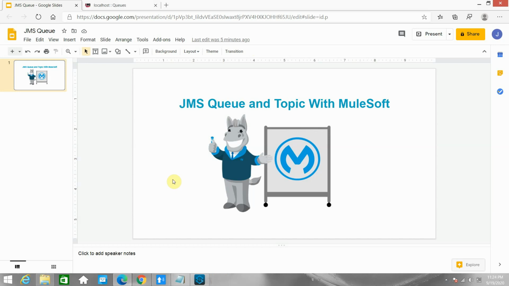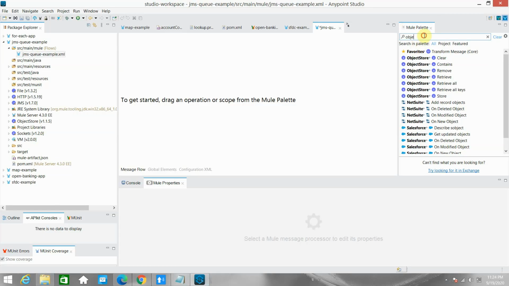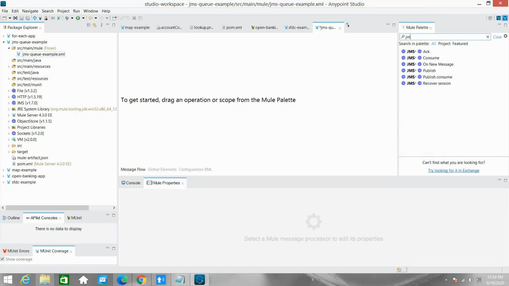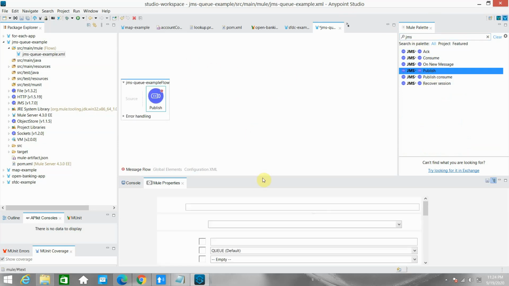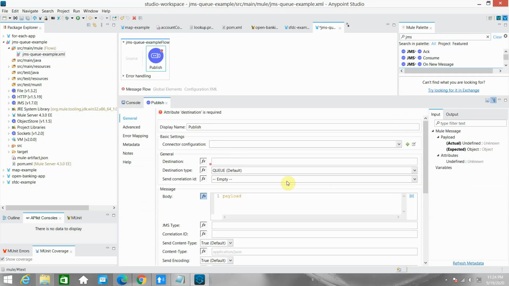Okay, so let me move to the demonstration. I have the JMS connector, and if you see, I have various options. First we want to publish a message, so I will drag and drop a publish and start configuring it.